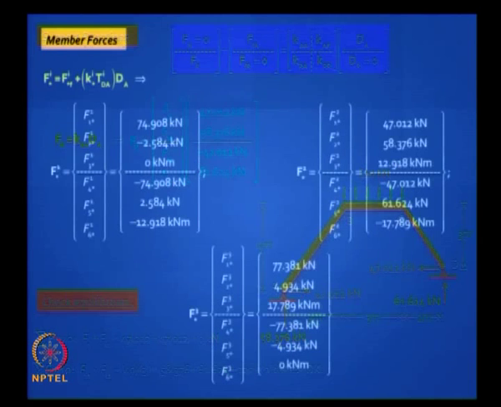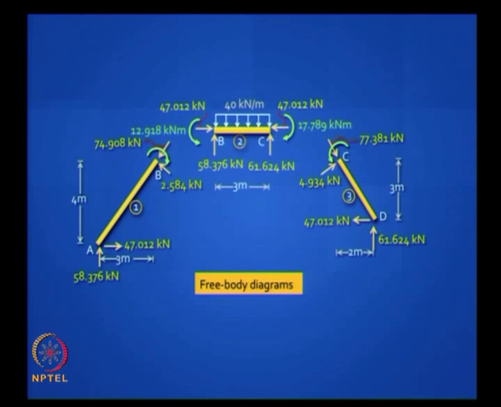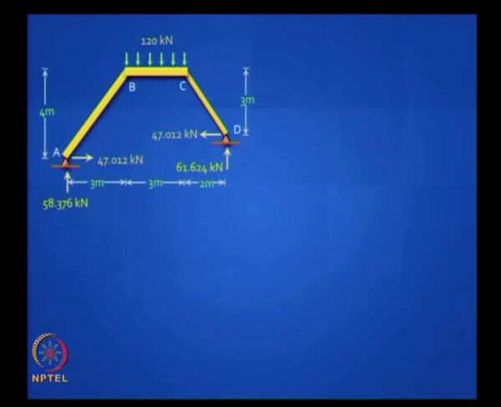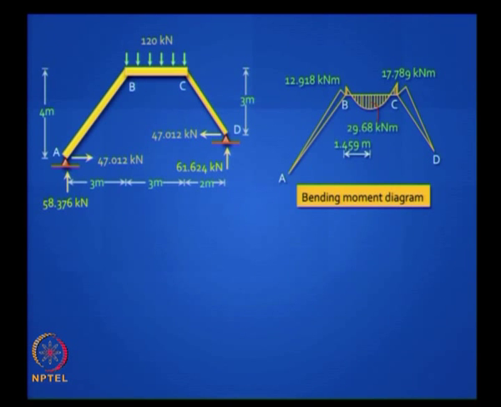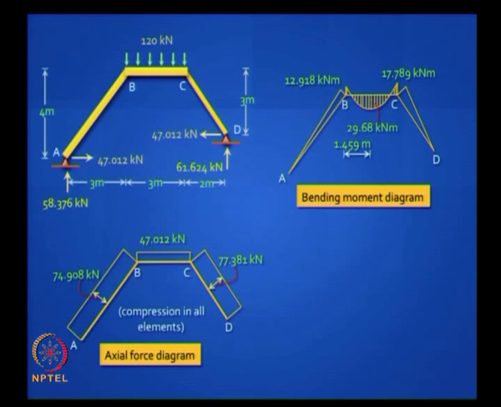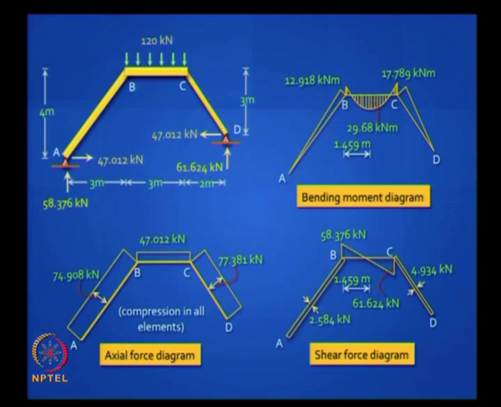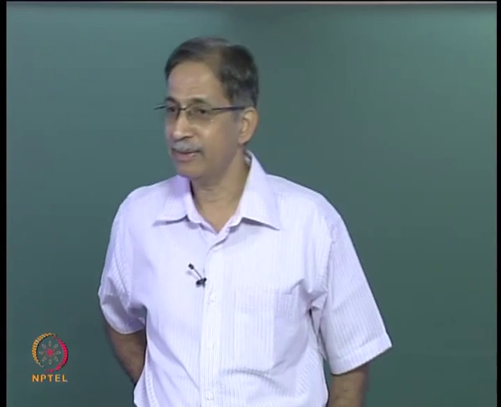Next, last step, find the member forces by using the TD matrix, and draw the free body diagrams, and draw the bending moment diagram, the axial force diagram and shear force diagram. All this can be done, and compare these results with the results we got earlier by the slope deflection method,